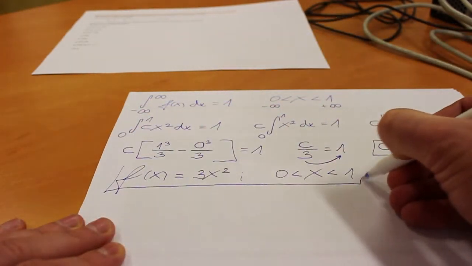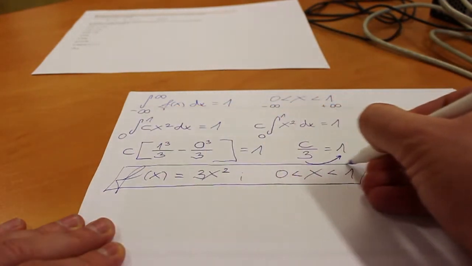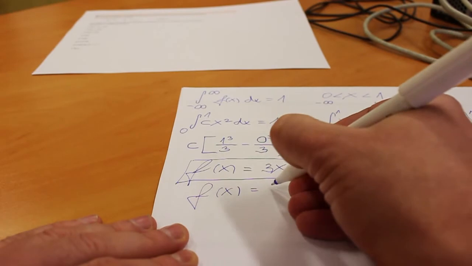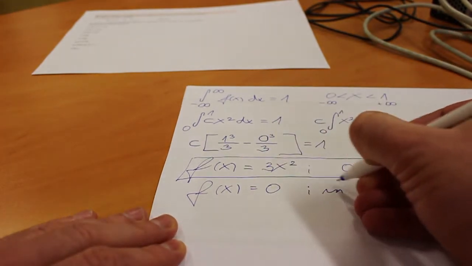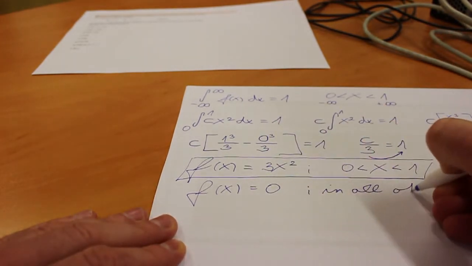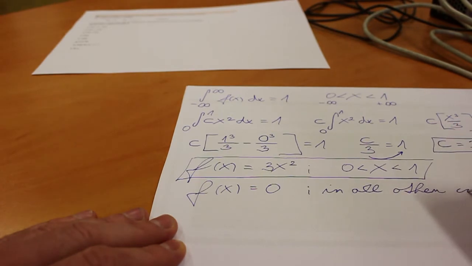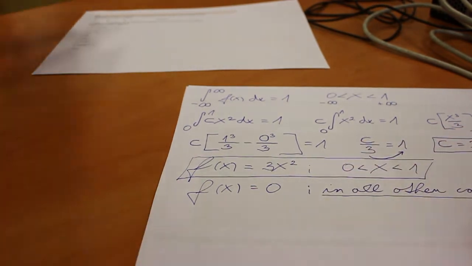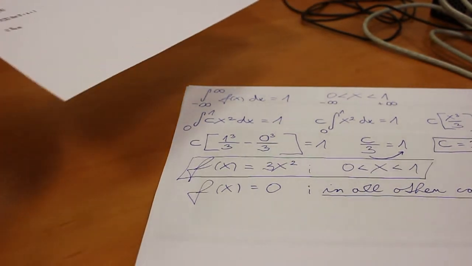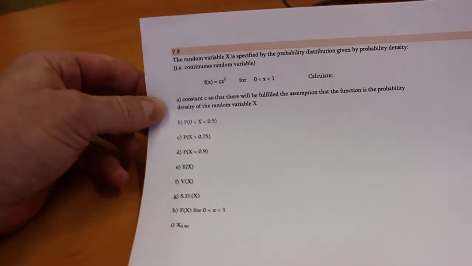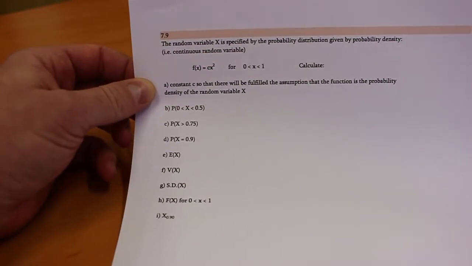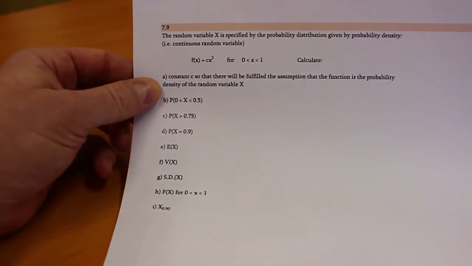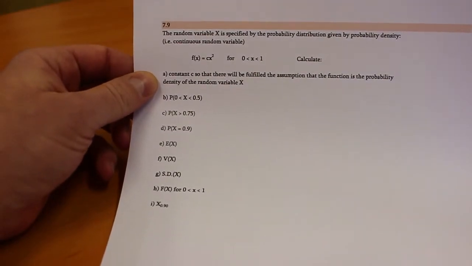So this is your density, and f(x) is equal to 0 in all other cases. Yes, this is very important. So we calculated the constant c, and the assumption is fulfilled that this is the probability density of the random